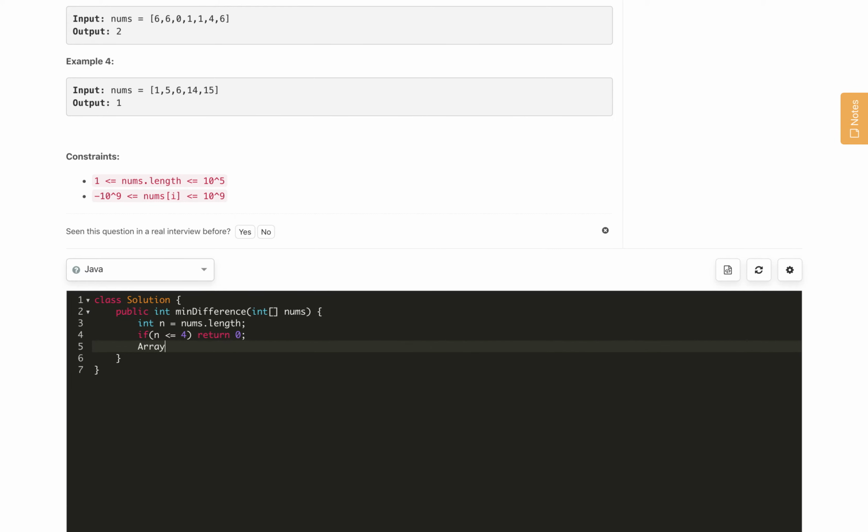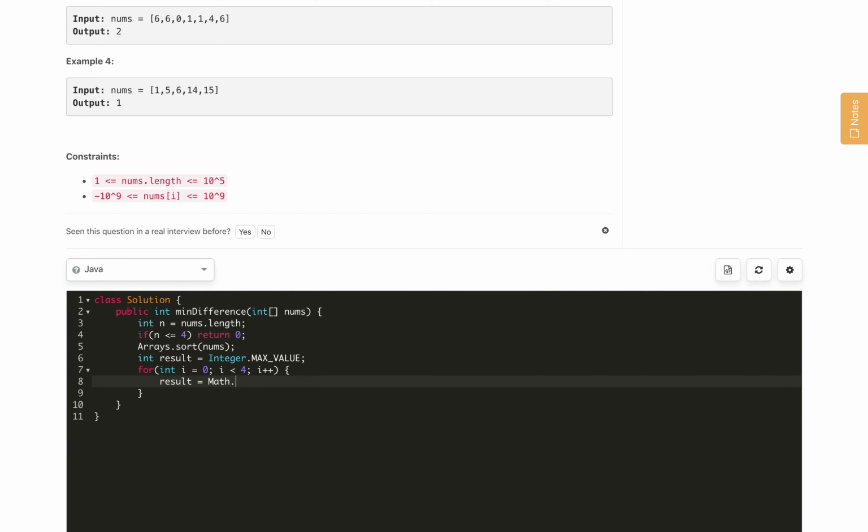Now the second step is we will sort the array, Arrays dot sort nums. Once we have sorted, we will create a result variable that will hold our result. Let's initialize it with Integer dot MAX_VALUE. Now for int i equal to 0, we have to take care of all the 4 cases, so we will loop over 4 iterations, and then we will get the result, which will be Math dot min of result itself and the difference between the largest value